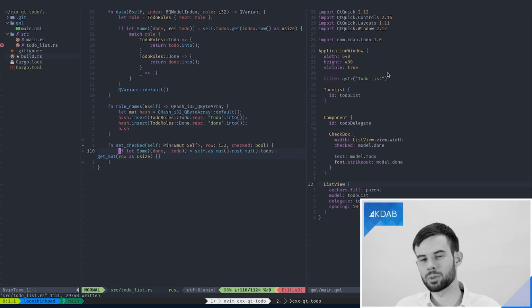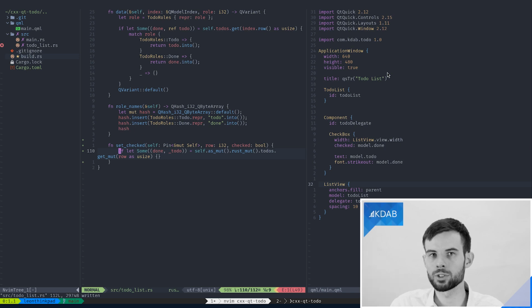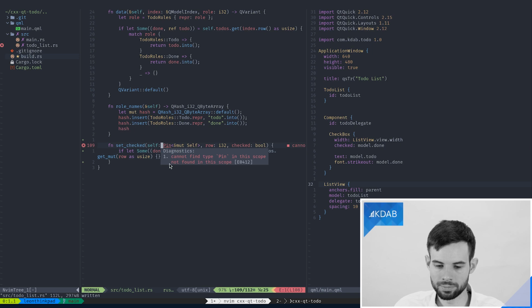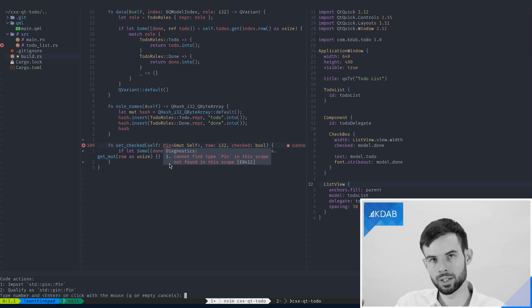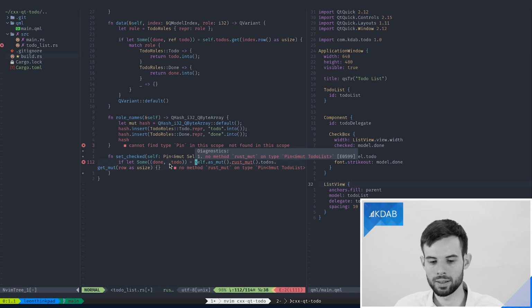So here we can see how to access our data in a mutable way, going from our QObject down into the internal Rust struct. And this looks somewhat complicated, but once you get the hang of it, it's actually not that difficult. First of all, because we have our pin type here, which we actually need to import from the standard library, we also need to call asMut if we want to use our pin for multiple mutable function calls. This is just a peculiarity of how the pin type works, which is unfortunately out of our control as it's a standard library type.